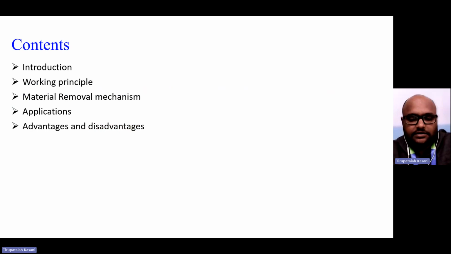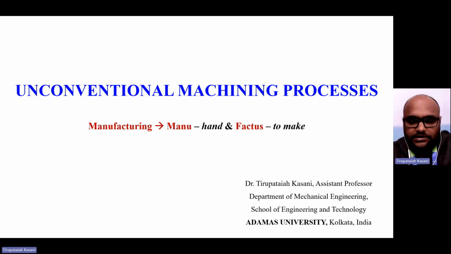Yesterday, in the last class, we have seen abrasive jet machining and ultrasonic machining. These are the two unconventional machining processes: working principle, material removal mechanism, applications, followed by advantages and disadvantages of those two processes. And now the next unconventional machining process, electric discharge machining, shortcut we can call it